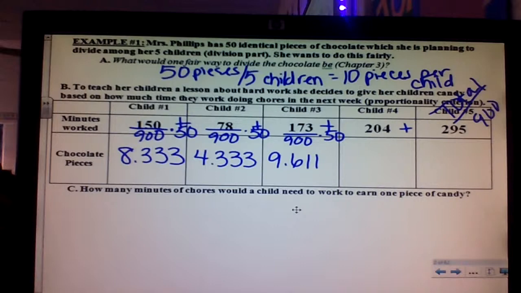Should child 4 be higher than 9.6 or lower? Higher. Okay, so keep that in mind. If their population is bigger, their chocolate pieces should be more. 11.333. I was about to ask how you do this. And the last one,